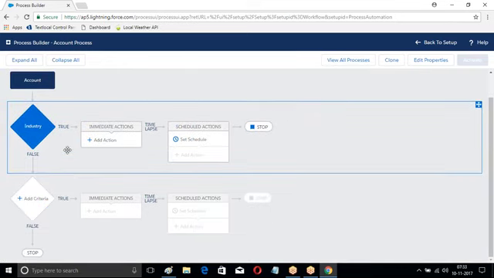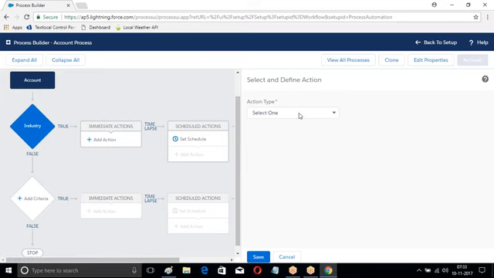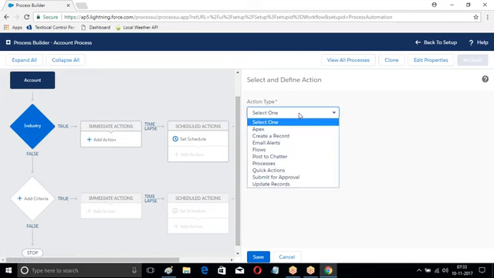Then what we have is action. What are the actions we can perform? Look at the actions. I can invoke an Apex class from this. We can write logic in an Apex class and call the class within this. Then can we also create a new record using a workflow rule? You cannot create a new record, whereas here, using a process builder, I can create a new record. We will see the Apex invocation